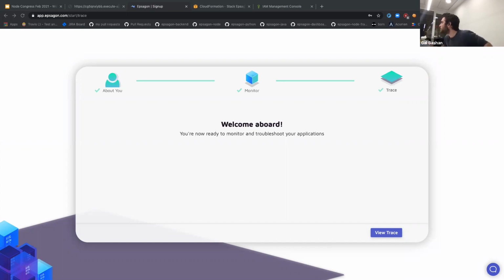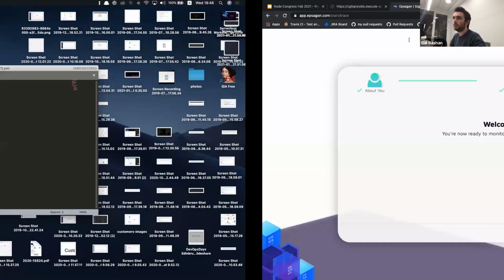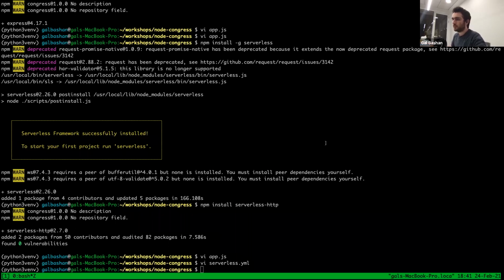So is it the same when you change the city? Same for London. Okay, so what you can do is, until you connect Epsagon, you can run,